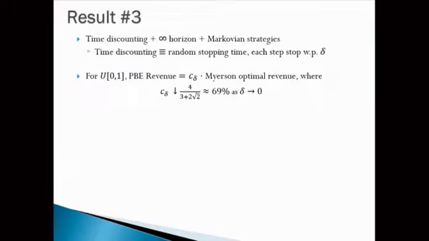So for this, we calculate the PBE revenue for the uniform 0-1 distribution, and this is at least 69% of Myerson. Don't you want it to be independent of what's going on? Sorry, what is independent? Something that could be dependent on the history. Yes, this is independent. Yes. Right. So it's not just a stopping time. I think it's misleading to say stopping time. Right. Okay, so for the uniform 0-1 distribution, you get 69% of Myerson optimal revenue.